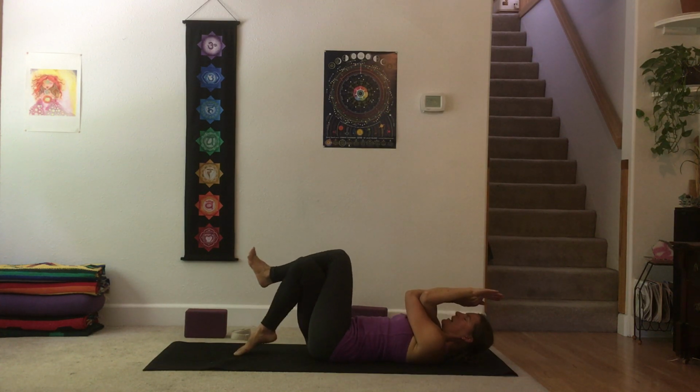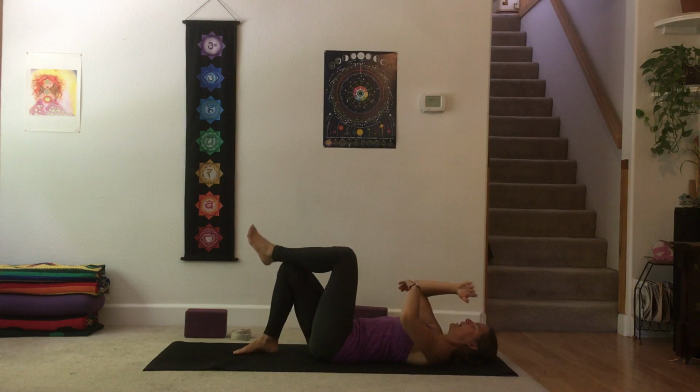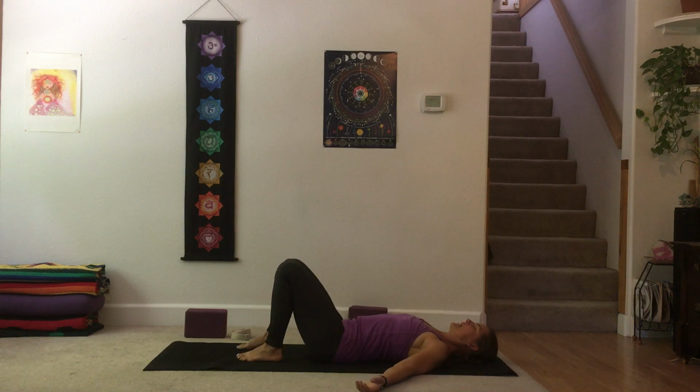Go ahead and bring the upper body down, bring the feet down, unwind the feet and the legs. Slide the shoulder blades down the back, feet a little wide, knees lean in, take a breath. Inhale, and exhale. So now we're going to do a little stretch, and then we'll do 1 more piece of core